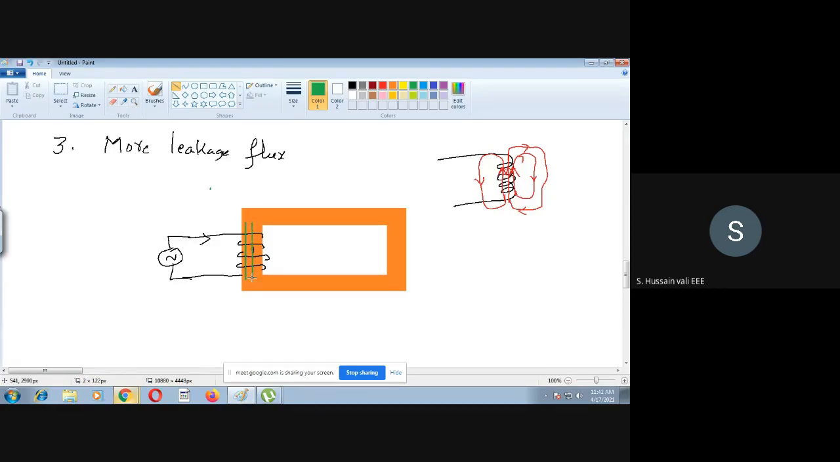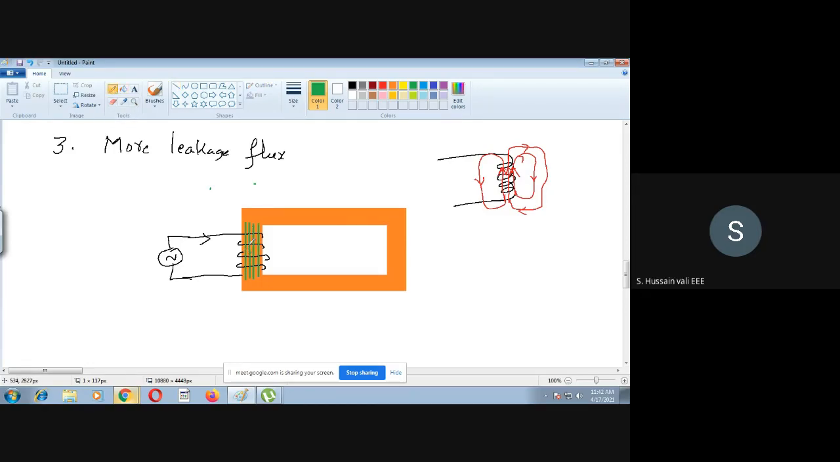Now I'm drawing only 2 or 3 lines. Please remember, there are so many lines. So many flux lines you will find. Just for explanation purpose, I'm taking only 2 or 3 lines. Now what you will observe is that, just now I told you that these flux lines are closed